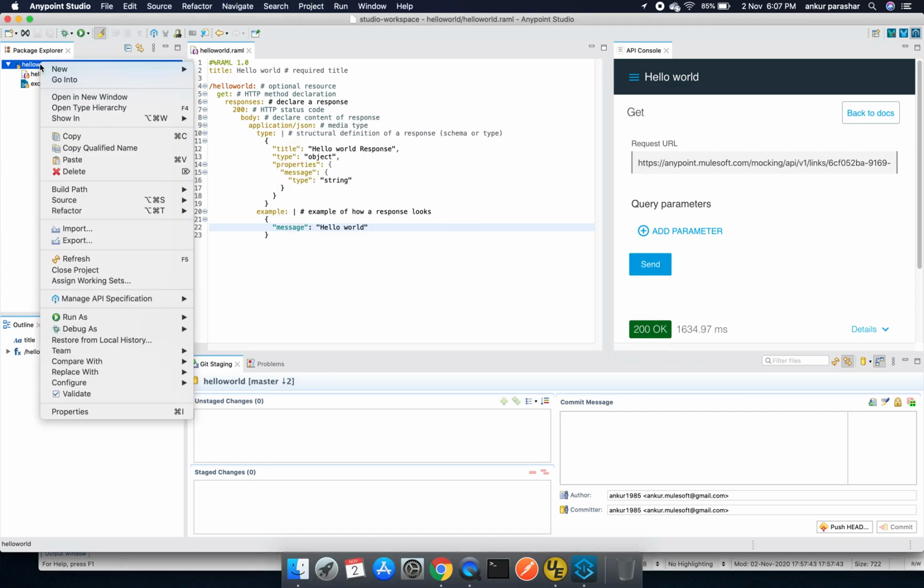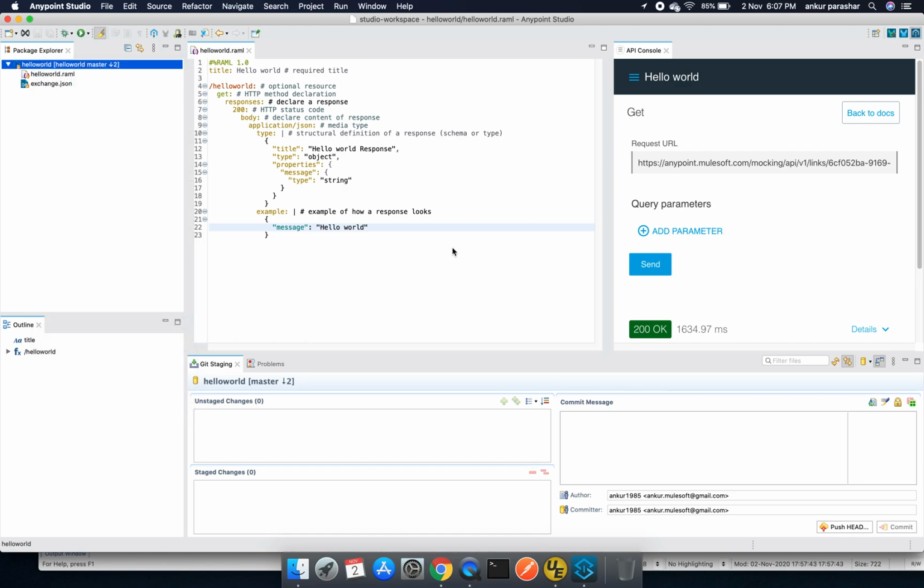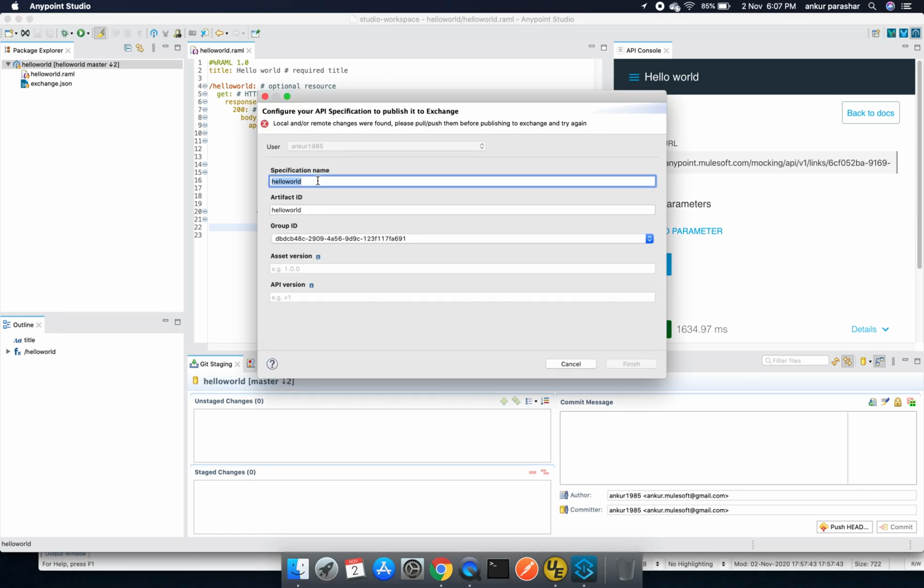We'll right click, go for manage API specification, publish to Exchange. Hello world. Local and or remote changes were found, please push them before. I think we should be good about this.